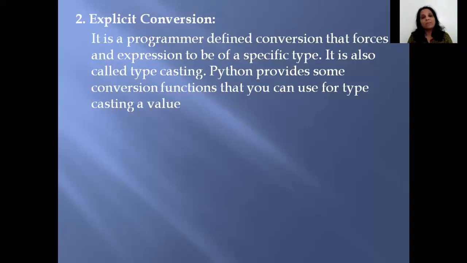So when the programmer is involved in the conversion, the programmer requests a particular type of conversion, in that scenario we say it is explicit conversion or programmer defined conversion. He says that I need this in this particular type. Normally a programmer will not say it if it's automatically done implicitly. But if it can't be done implicitly, then the programmer forces a particular conversion. But to do all these conversions, we are going to be making use of some more built-in functions.